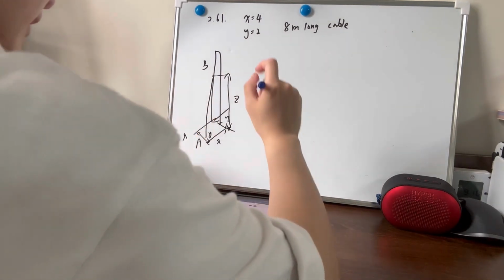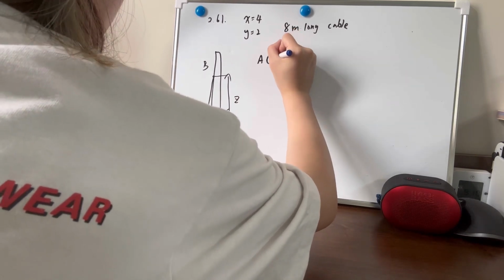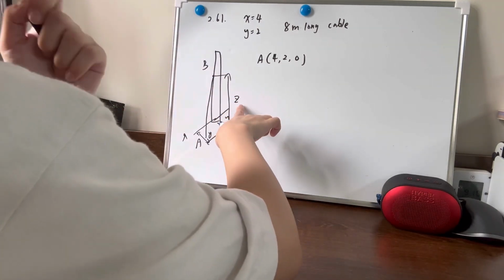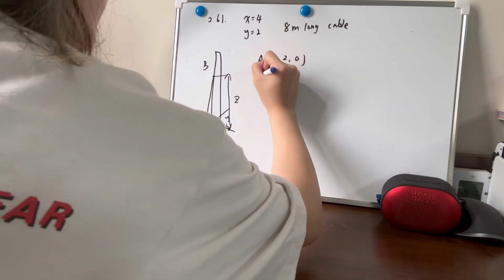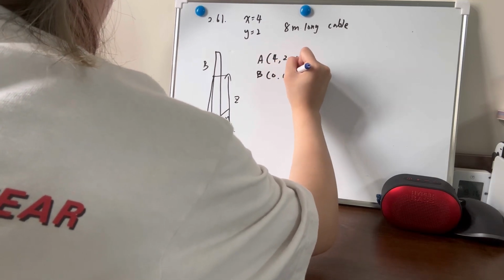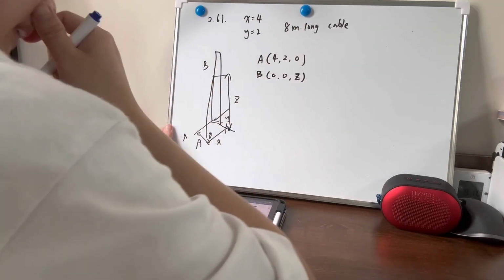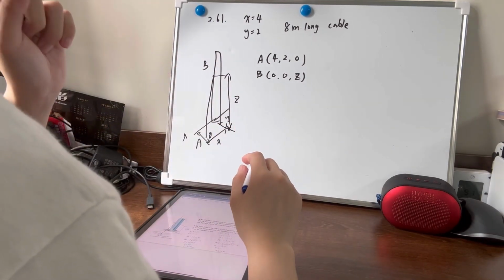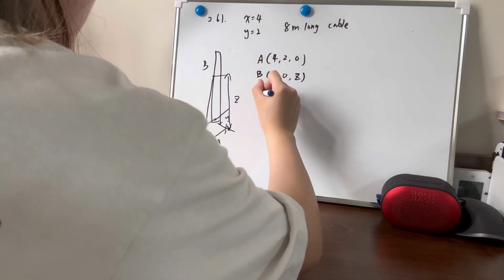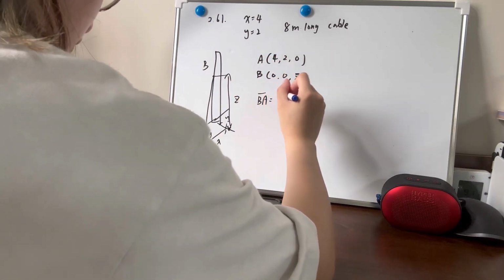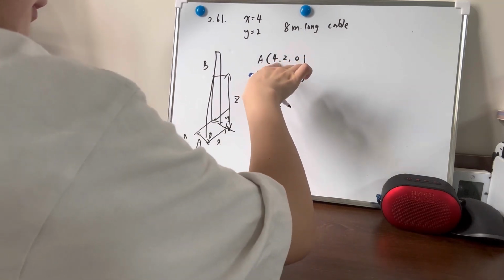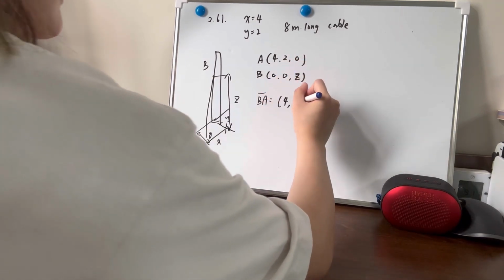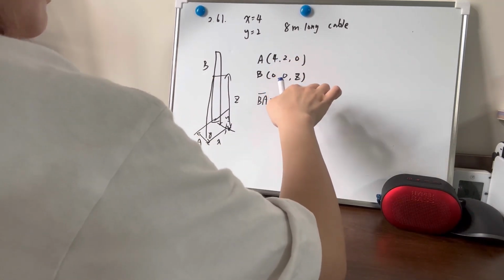So the A point, we can know A point is like 4, 2, 0, but we don't know the B because we don't know the Z. So we write down here, it's kind of 0, 0, Z. But we know the magnitude of the BA, so we write down like 4 minus 0 is 4, and 2 minus 0 is 2, and the 0 minus Z